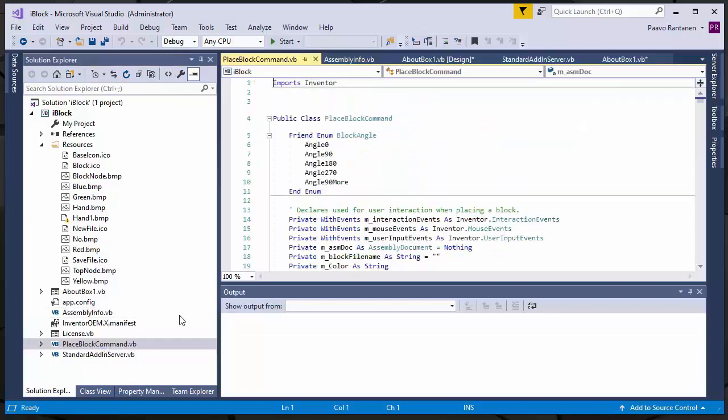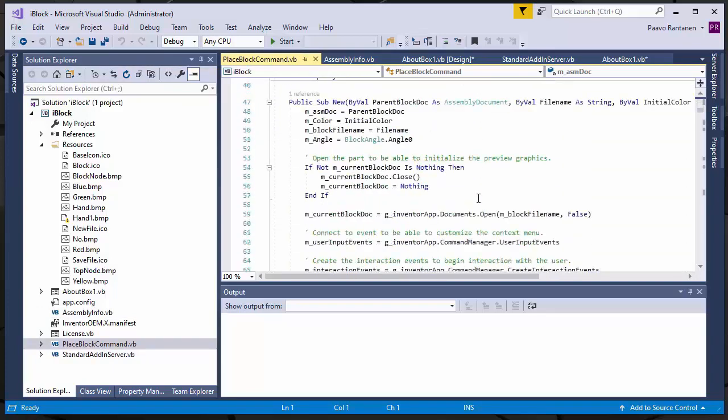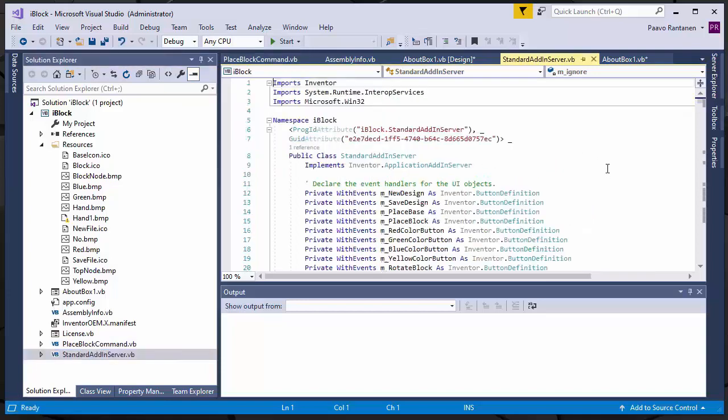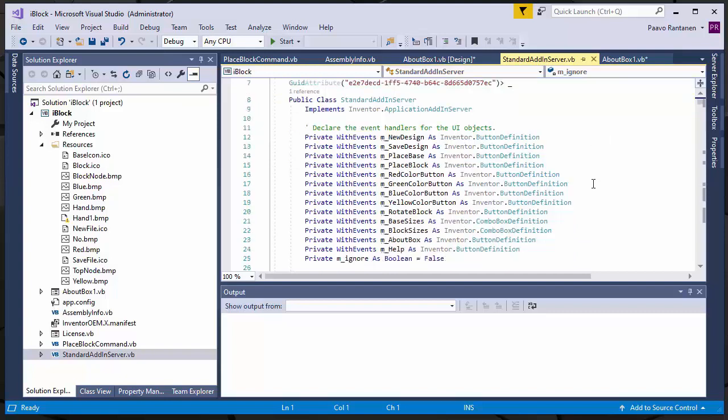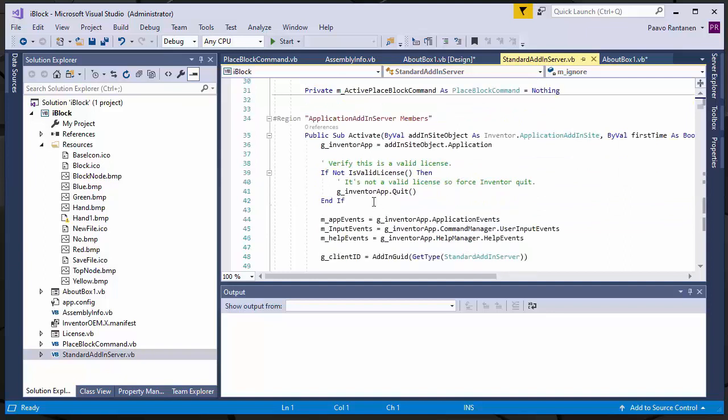It has commands for placing different sizes and colors of Lego blocks, and there is standard Inventor API functionality, and there is an activate function that checks the valid license for my product. And if the license is not valid, it will shut down gracefully. So, building this application